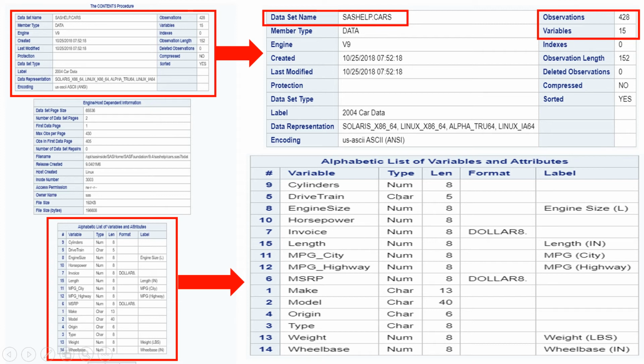Whatever variables were available in this table have all been printed here in alphabetic order. If you do not want to keep them in alphabetic order and you want to keep them as they are in the data, for that you need to use an option which I will be explaining at the end of this video. So please stay with this video.